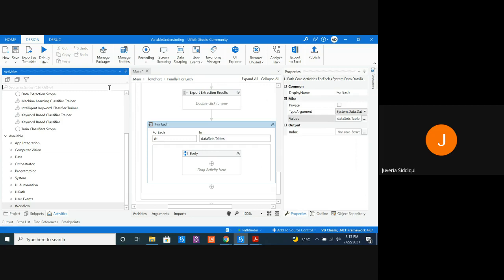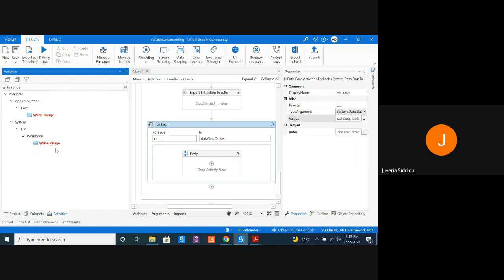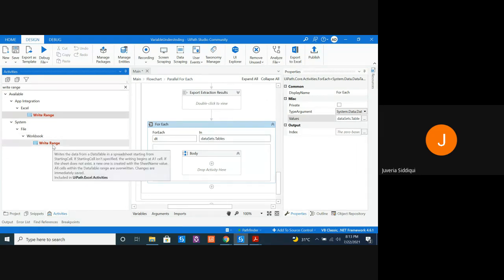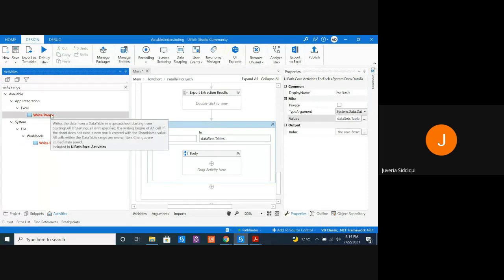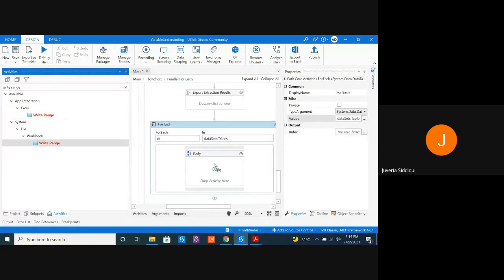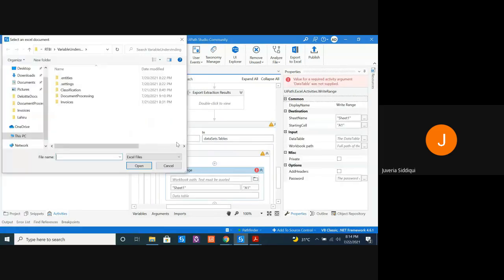To write something into an Excel, UiPath has an activity called Write Range, and I'm going to use that activity. If you see, there are two Write Range activities, and since you've done this already in phase 2, you might know the difference, but I'll revise it for you. When you use File Write Range, you do not need Excel to be installed on your system. Even if it is not, it will work, but it will not open an Excel for you. This Write Range will always work inside an Excel Application Scope, and it needs an Excel application to be installed on your system. So let's start by using this Write Range, and I'm going to write it back to, let